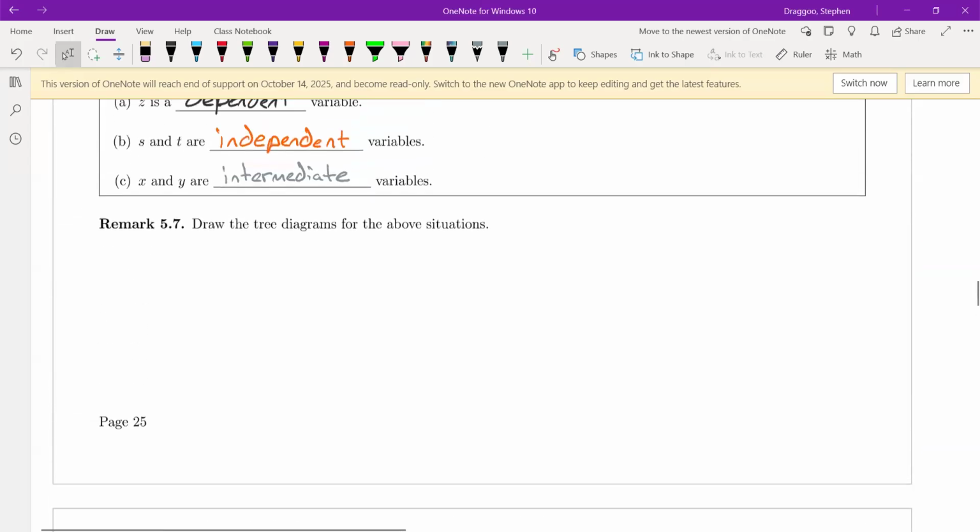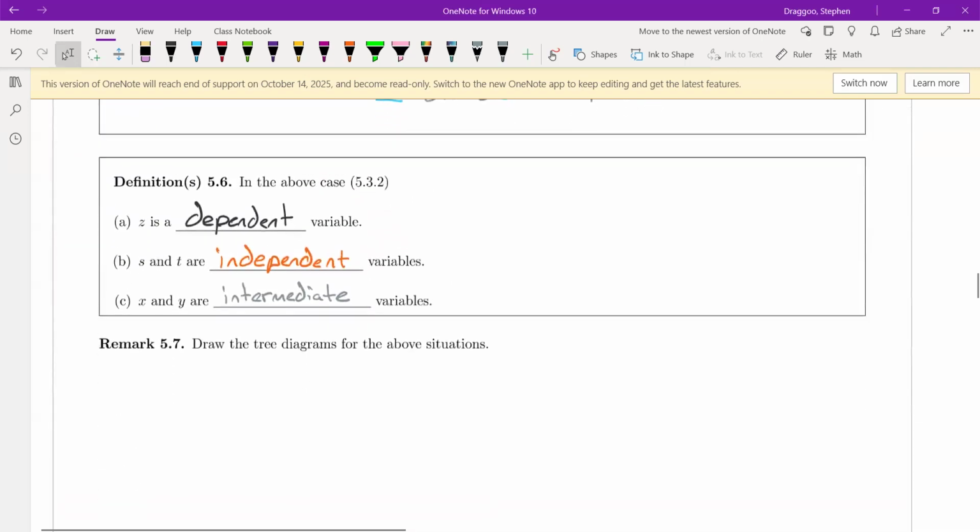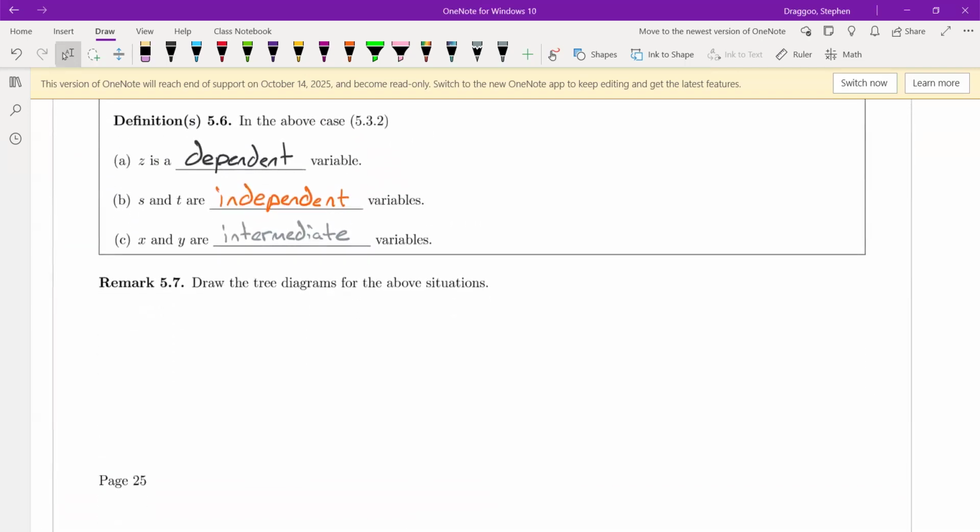Oh, right. Let's draw some tree diagrams. So that was the last thing I wanted to do before the first real example. So tree diagrams can be helpful with trying to keep track of what sort of derivative parts we will need. So looking at the two spots above,